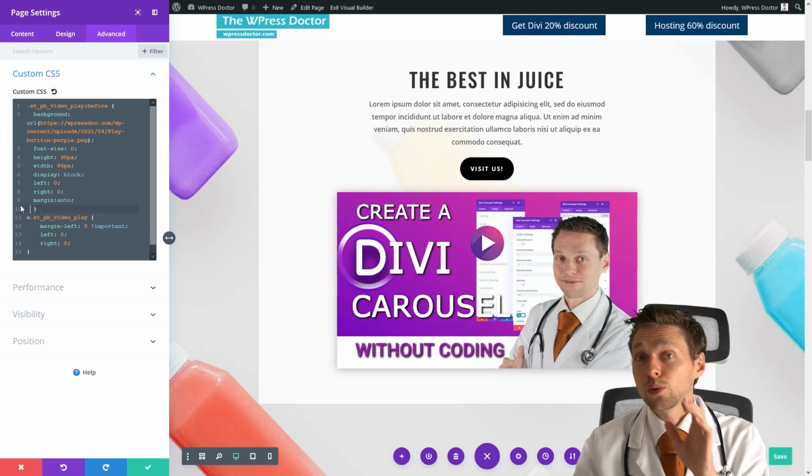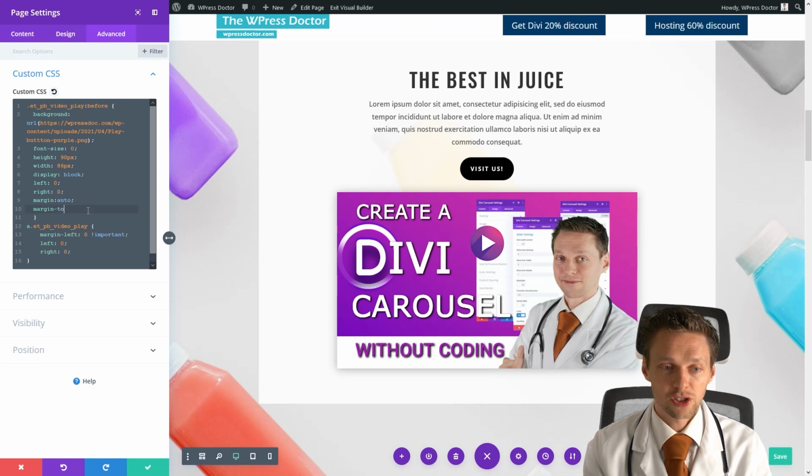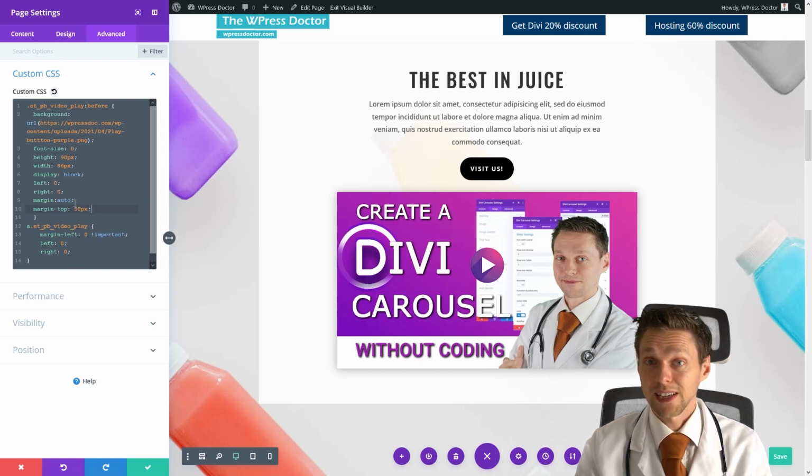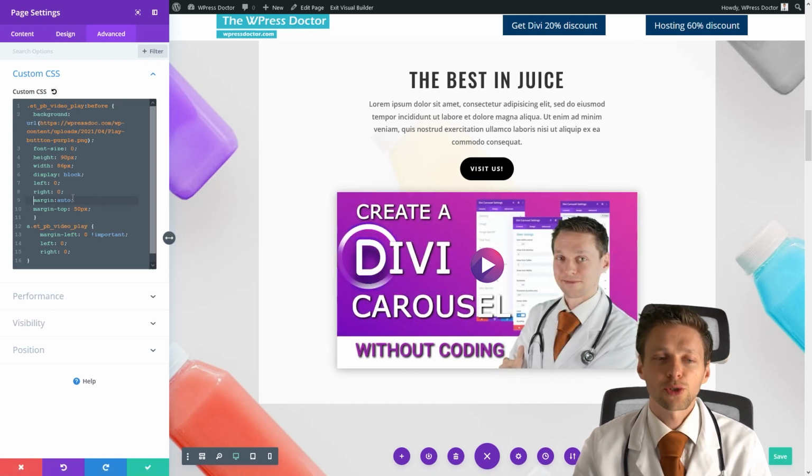So if you want to lower this button a bit, well, you just go to there and you go in margin top and add another 50 pixels, for example, and now you see that the button just moved down. To be really honest, you have to change this one and replace this one with the right one, but hey, let's use a shortcut right now. Just add margin top 50px right now.